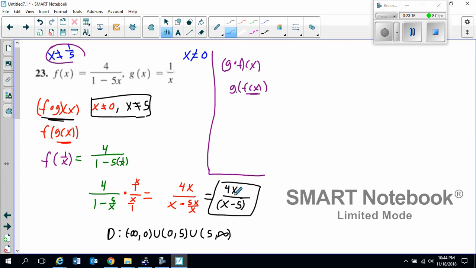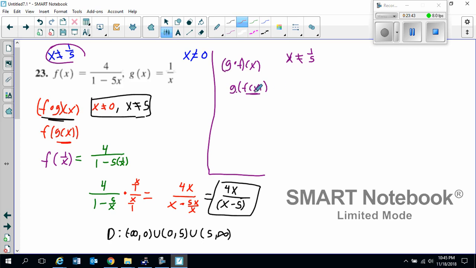You might be like, wait a second, 0 is not excluded, but there's some things that might be hidden in the arithmetic that we're not aware of when we get to our final answer. And so you've got to look for these things ahead of time. So looking at this function here, before I even get started, I do want to make a little note that x cannot equal 1/5. And maybe there'll be more restricted values, maybe there won't be,